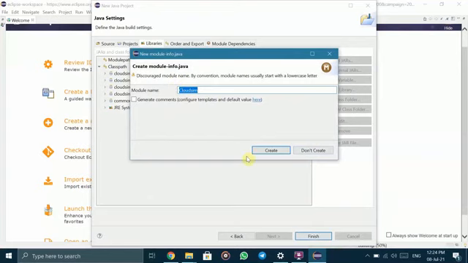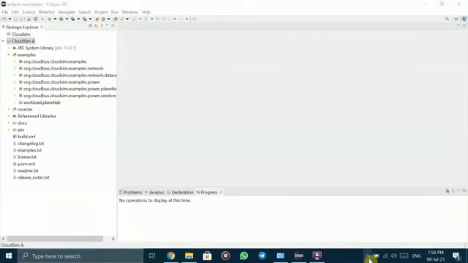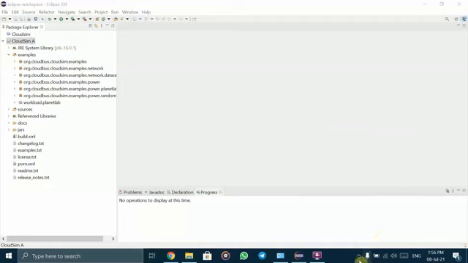Here click don't create because we don't want to create any new module. Here we have our new project with CloudSim, and we have the examples folder here.